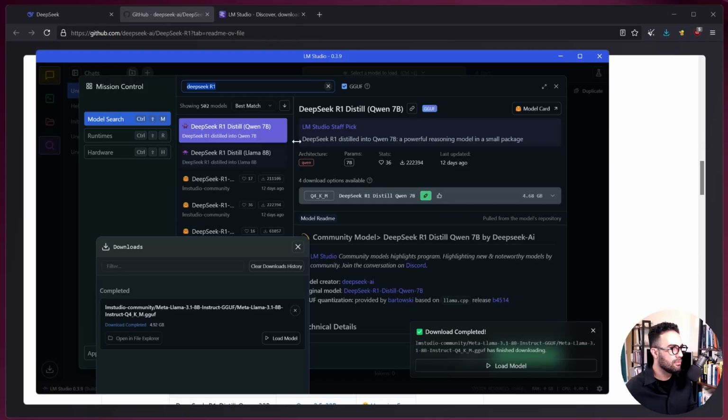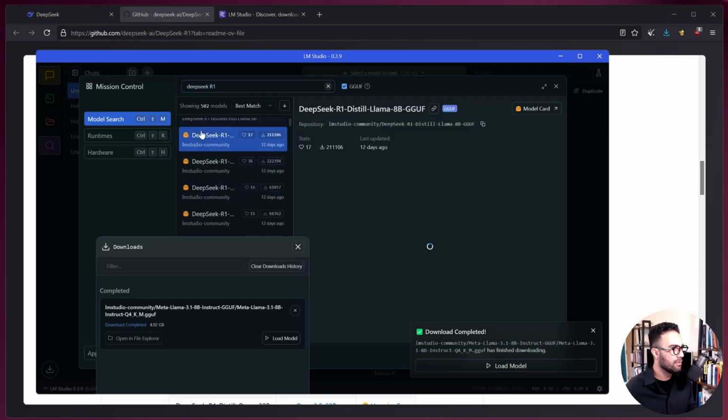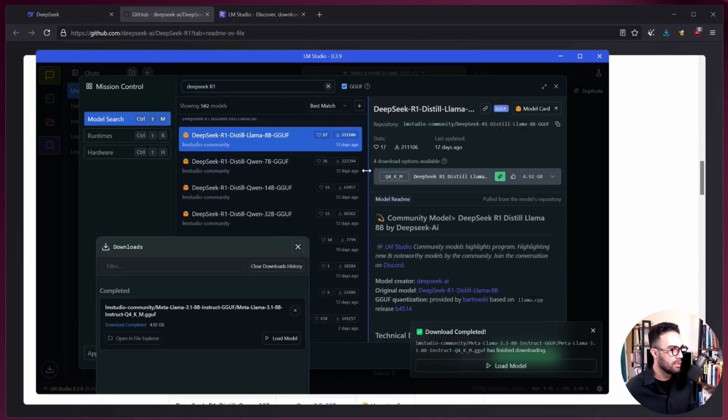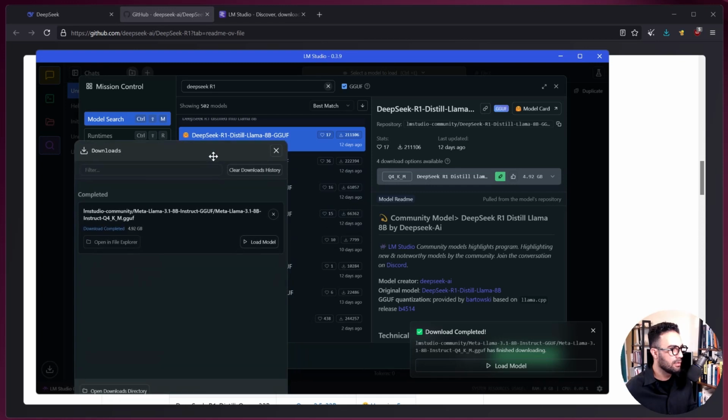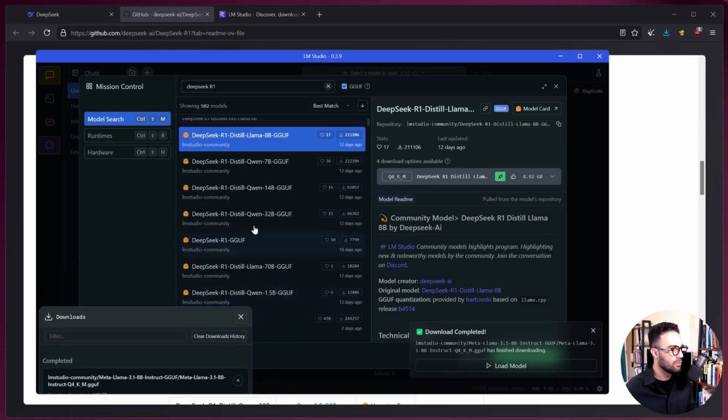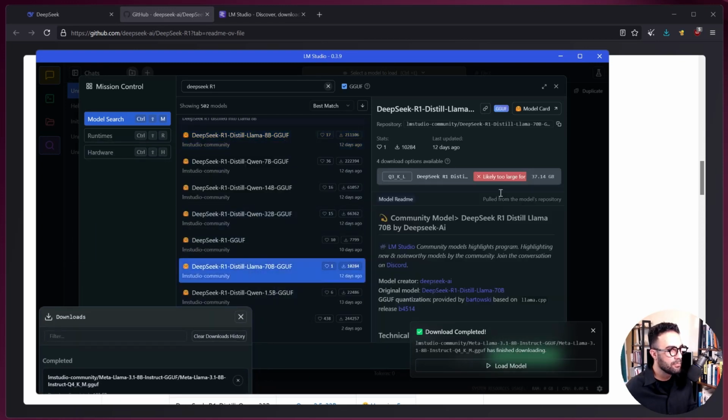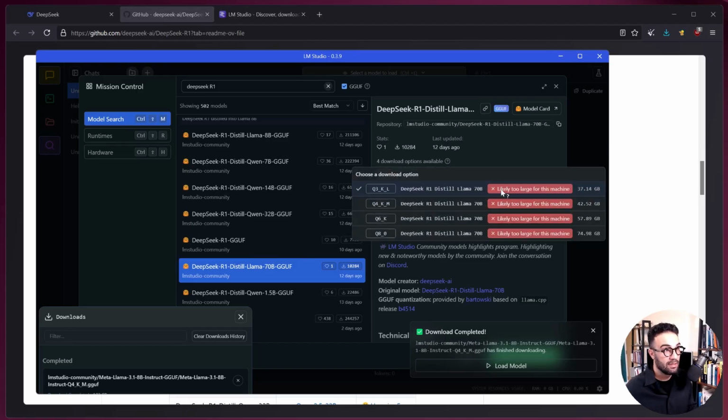Okay, the download is finished, but let's have a look at the different ones. I'm going to make this one a little bit bigger, and you can see we have a 70 billion one. If you try to open the 70 billion one, it says likely too large for this machine, so you cannot run it. And if I want to check my computer specs,